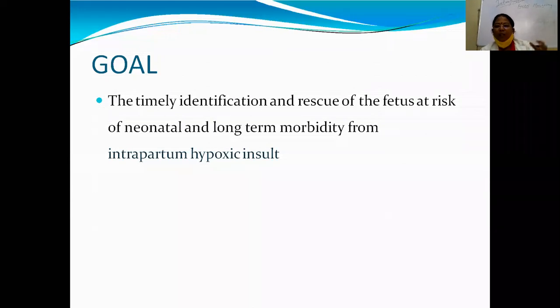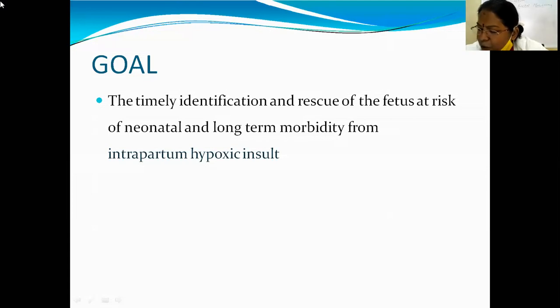So when we are giving the force or when there is stress, how the baby is behaving, we can localize it or diagnose it early so that we can prevent any injury or any long-term complications. The fetal heart rate monitoring has been in clinical use for 3 decades and it continues to be the predominant method for intrapartum fetal monitoring. So what we record is the fetal heart rate.